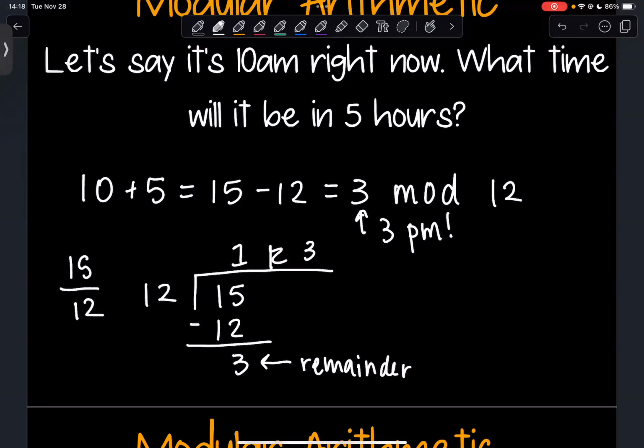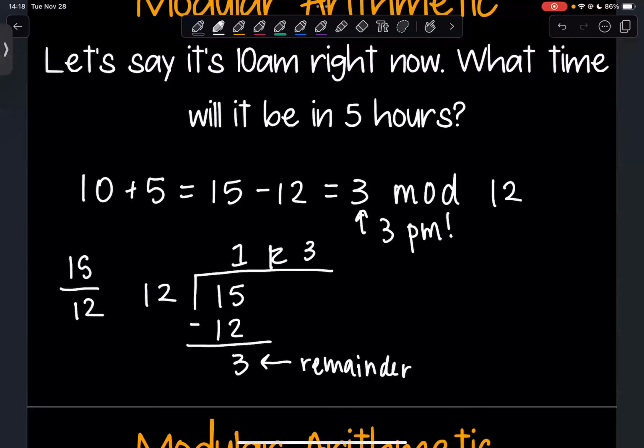And so I should really be thinking mod 12. This is going to be 3 because this is my remainder after I've divided by 12. And I really want my answer to be between 0 and 12 to really understand what that means in terms of our clock. And when we're doing modular arithmetic, that's what we want to happen. Even if it's not 12 there, let's say if it was 3, I would want my answers to be between 0 and 2 versus bigger numbers there to say exactly what it is.